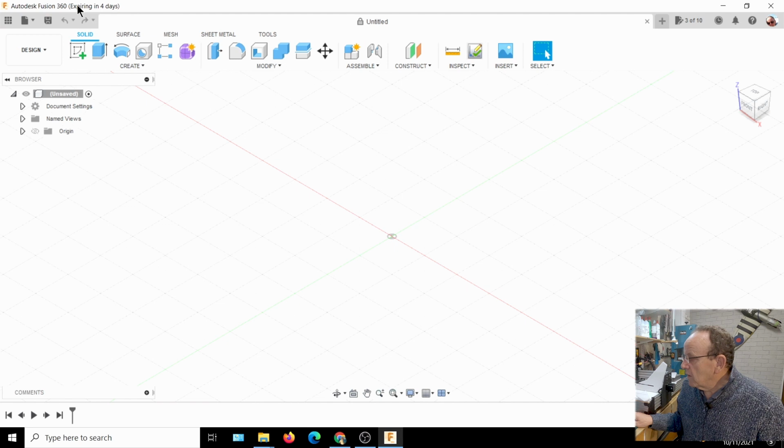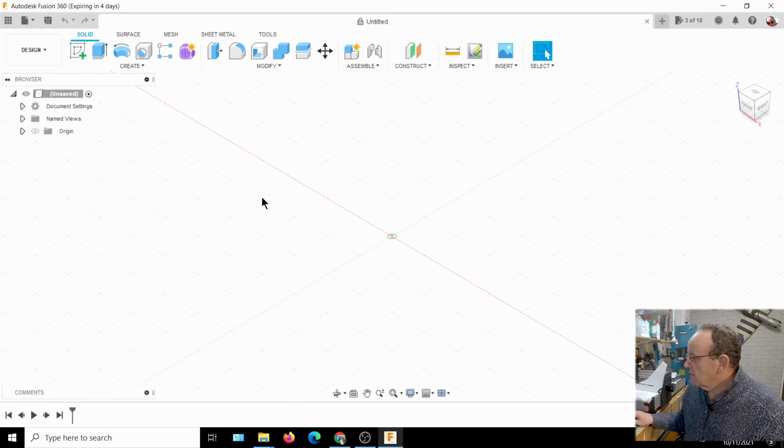But with it saying expiring in 4 days, what happens is when it actually expires, you just have to re-register every year, and then you have to download the software again, and then re-register using your account you already had, and then it comes back up. I've already done this last year when it expired, and there was no problems with it at all. It sometimes takes a little while for it to re-register, so you go back onto it and it'll still say expired, but then they do say it can take up to 30